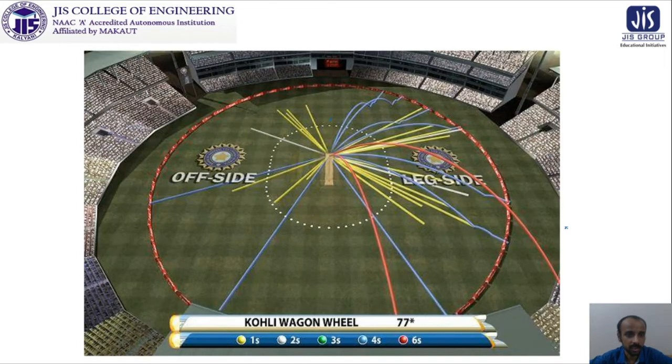Now entering the discussion, it is the wagon wheel. We know it all because we are all watching cricket matches, and this is the wagon wheel of a very favorite cricketer, most probably not only for me but also for you, that is our Virat Kohli. At this moment he has scored 77 and he is not out. This information is very important, but the more important thing is the pattern of his scoring.